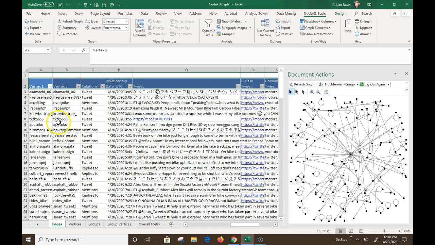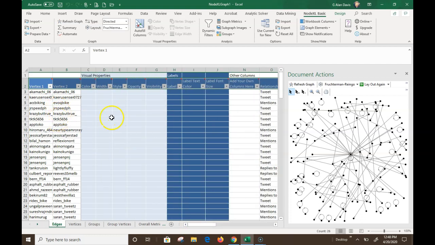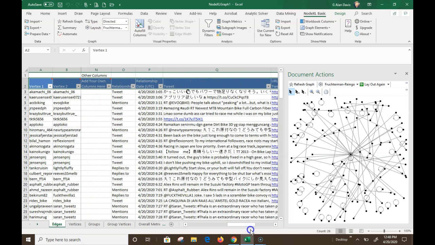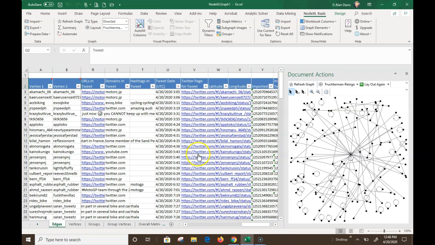So you can see the tweets and the tweet information over here on the left. And of course, if you scroll in the tweet column here, you can see the actual tweets, as well as all of the metadata information if a person was tweeting or retweeting or mentioning, as well as time and date that the tweet was sent, and all of this other metadata here, like were there URLs in the tweet, were there hashtags in the tweet,